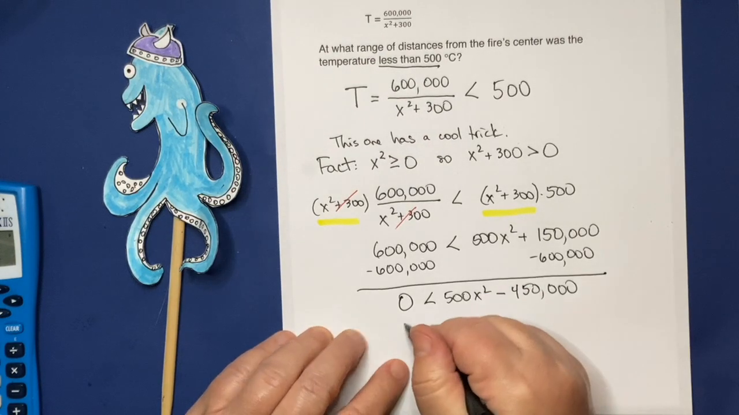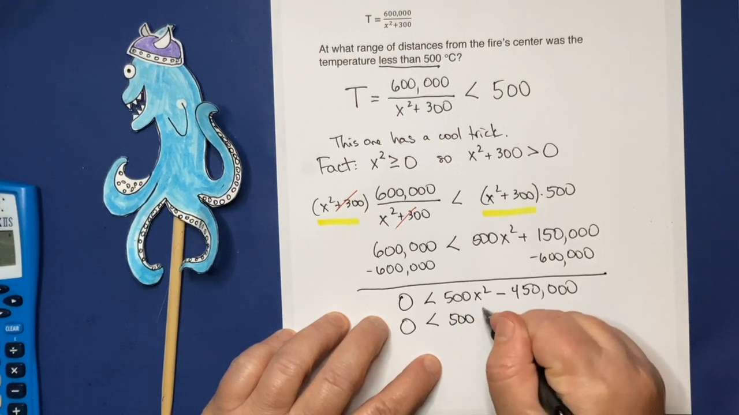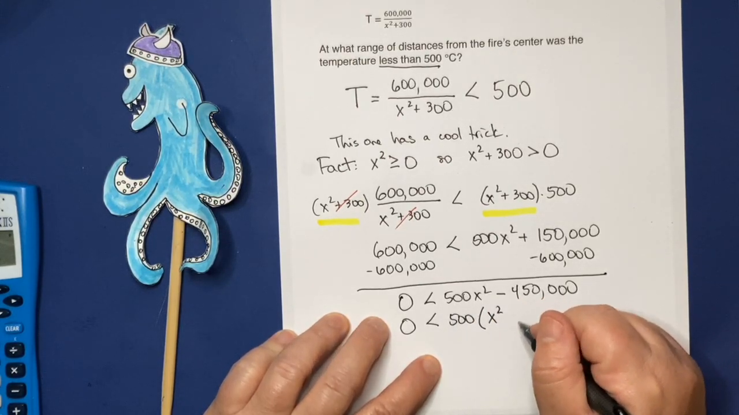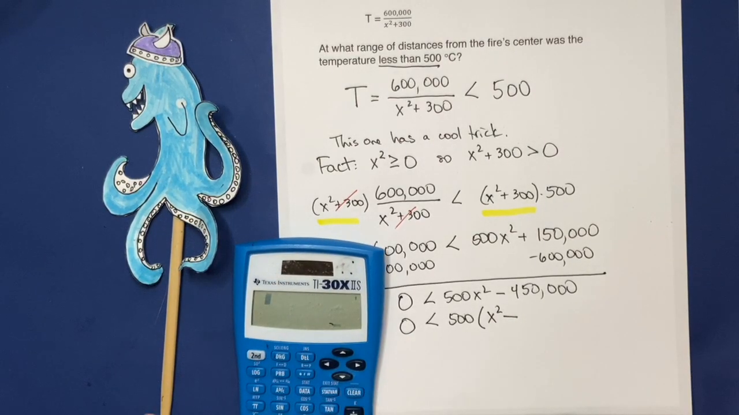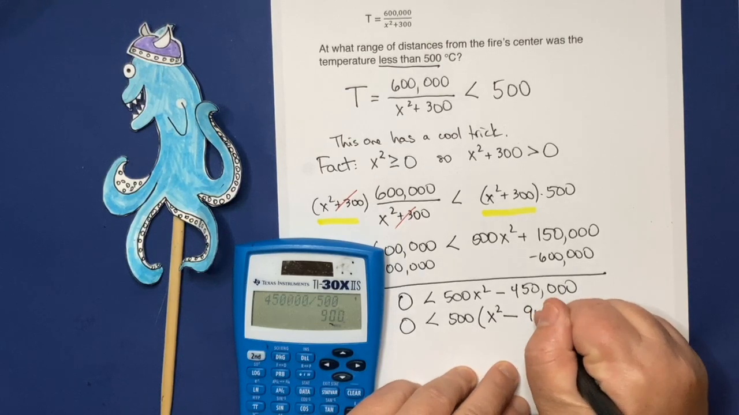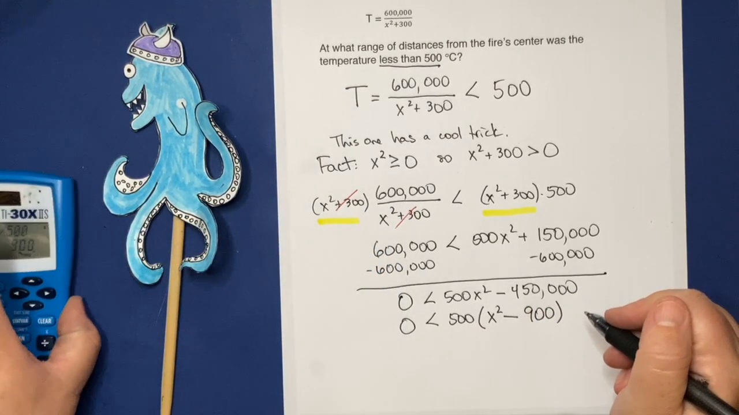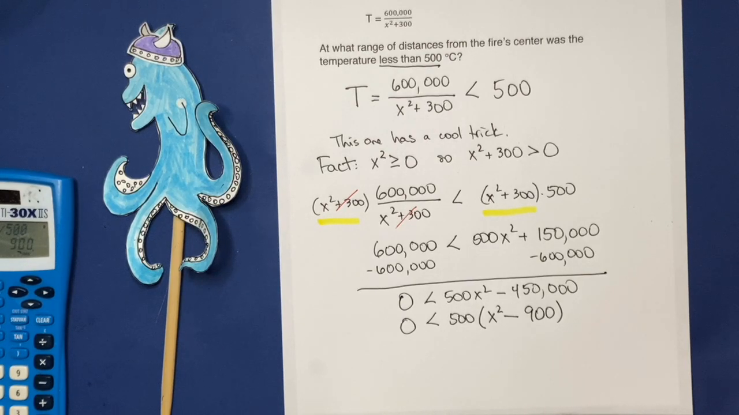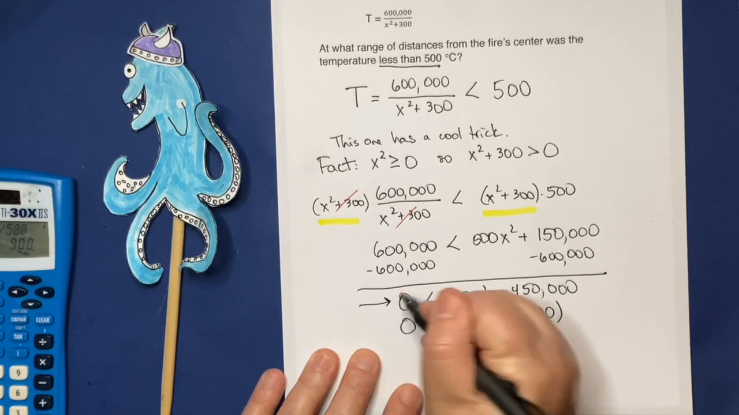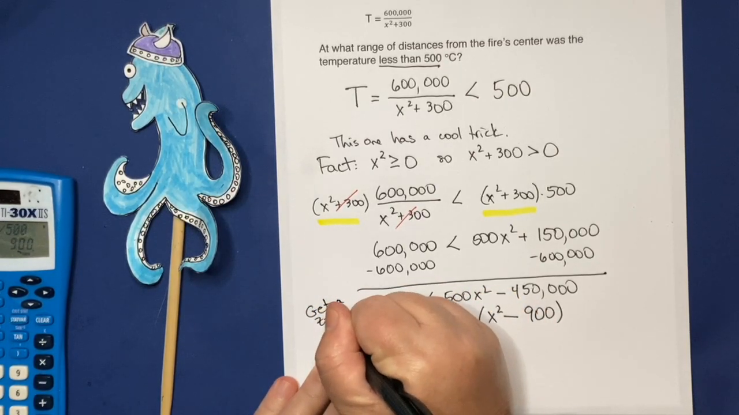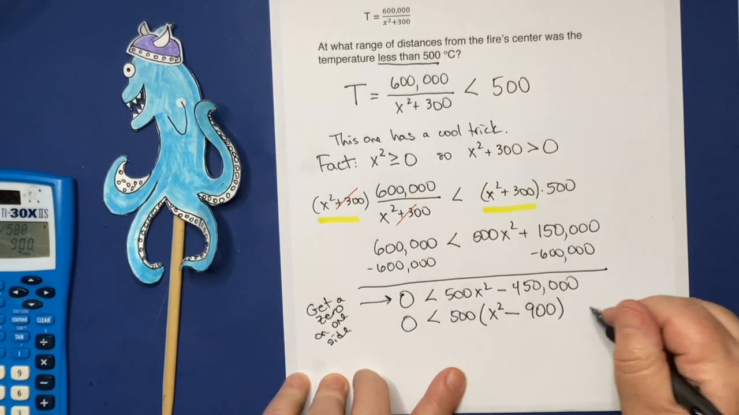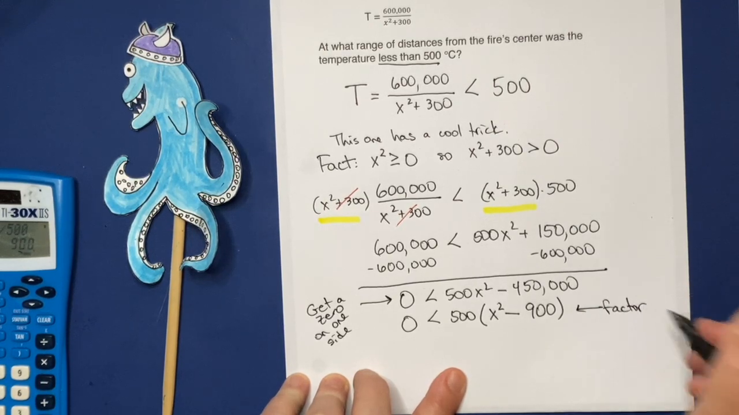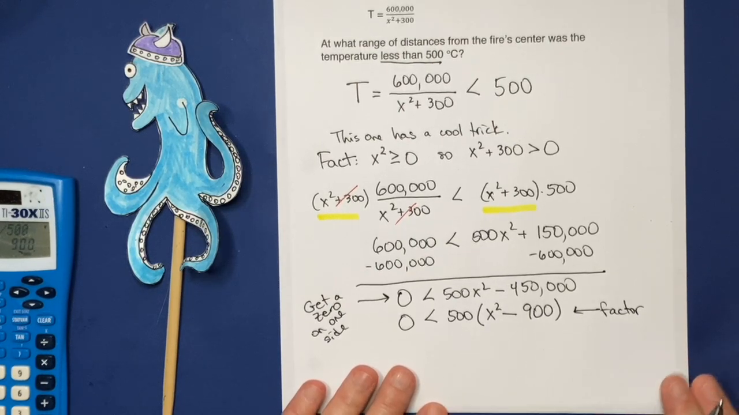Or, in other words, let's see if I can factor this out. 500 times the quantity x squared minus, and then 450,000 divided by 500, it's going to be 9 something, 900. Nice. Okay, so if you recall, the process here is you get the 0. Then we're going to factor. This is so we can find all the zeros, right? So let's see, I've got